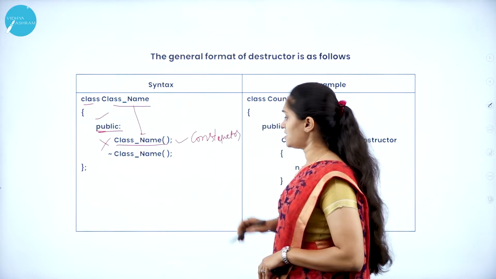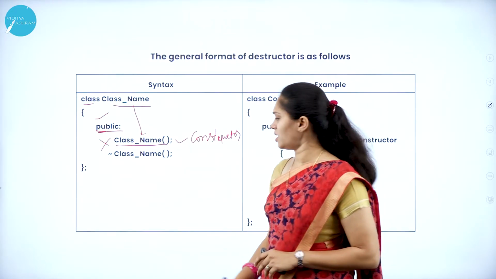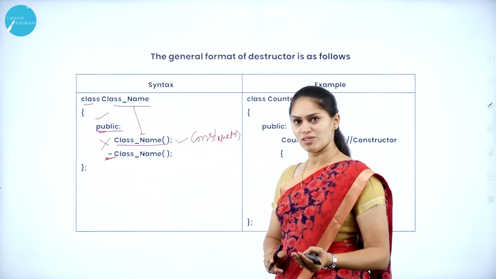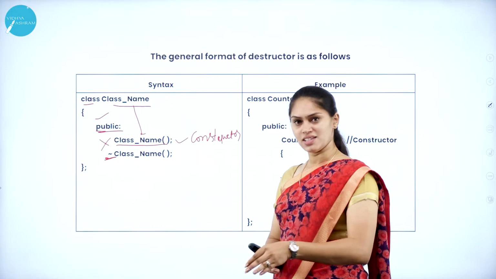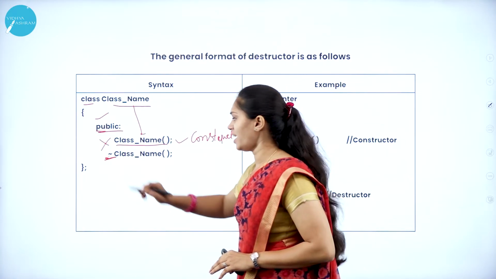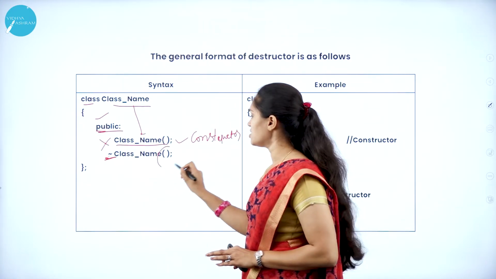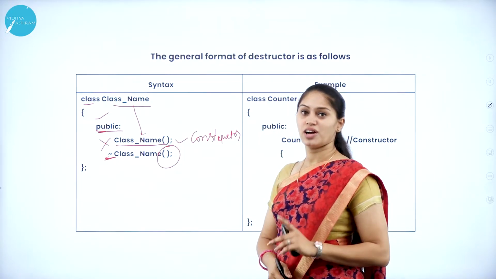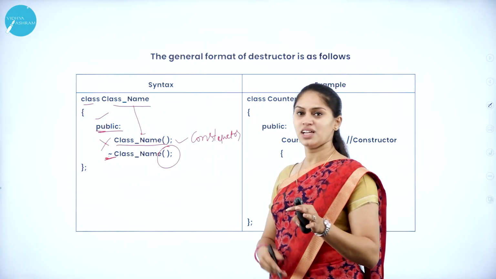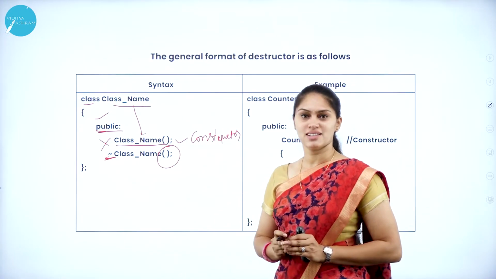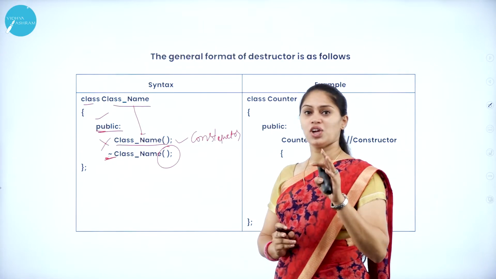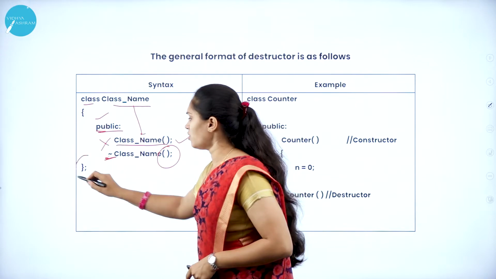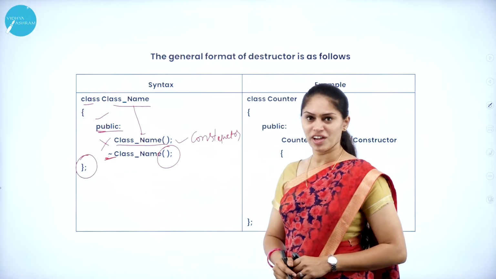Then what must the destructor be? It must be preceded by what? Tilde symbol. Whatever rules you follow for the constructor are the same for the destructor, but it must be preceded by the tilde symbol. It is also a special member function, used to deallocate the memory space or resources of an object which were allocated by the constructor. And remember one thing, you have to call the constructor first. Getting it? So this is how I am going to close the scope of a class.